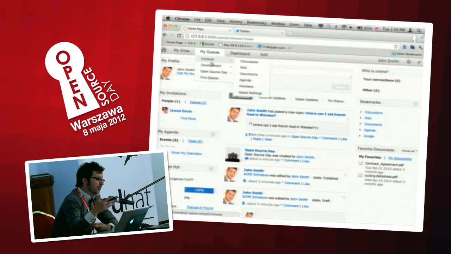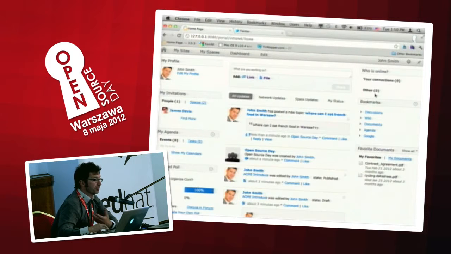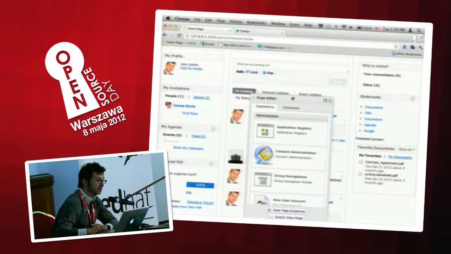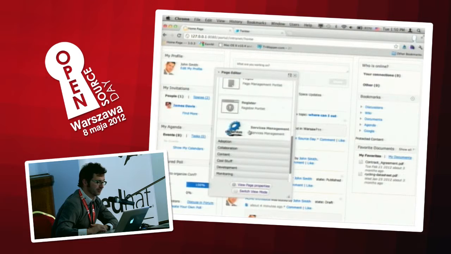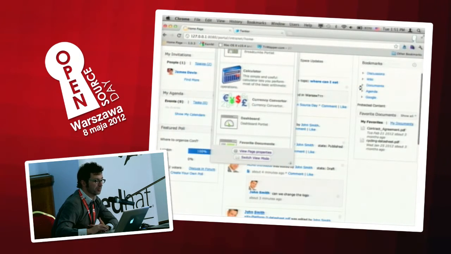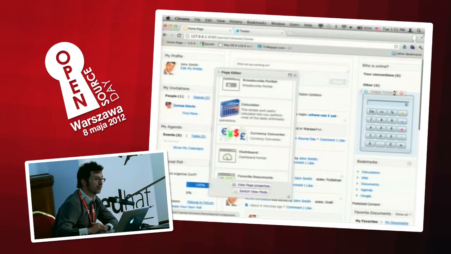So when you want to add an application to your page or to your space, it's quite easy. Depending on your permission, you will be able to go edit page layout, choose if you want to view that with blocks, because when you have many applications on the page, it could be complex to manage the UI, or you can switch to a WYSIWYG view. Inside this WYSIWYG view, you will be able to select a specific application. For example, I will take a simple calculator, put that on a page, drop that,